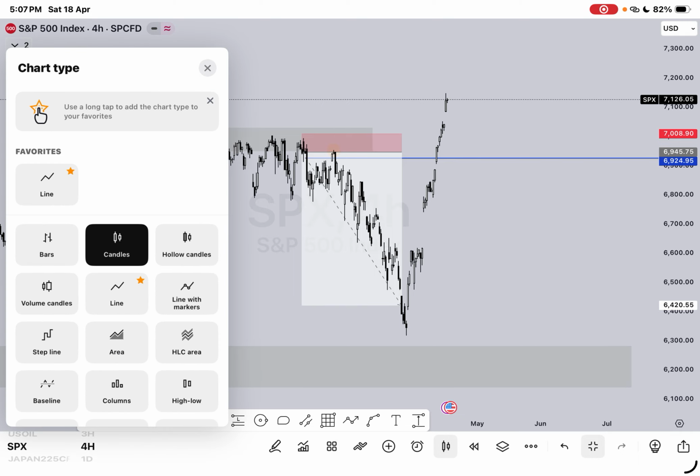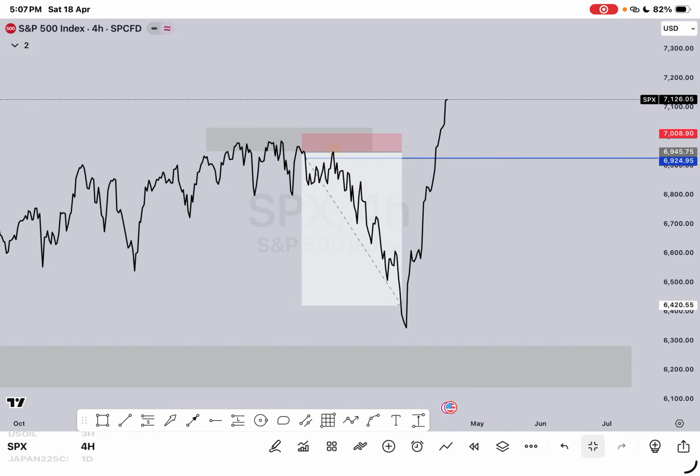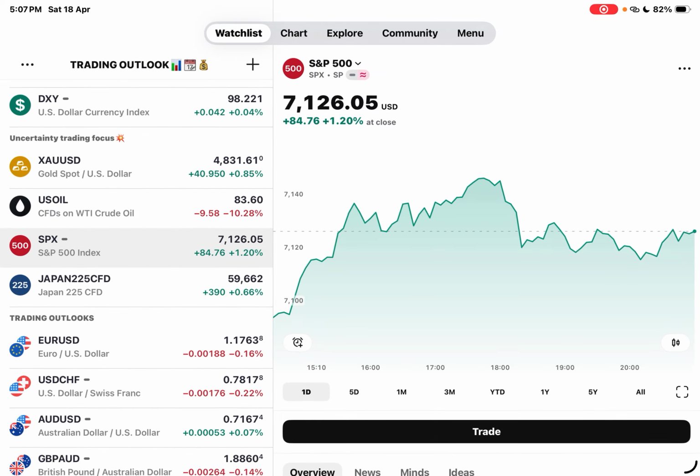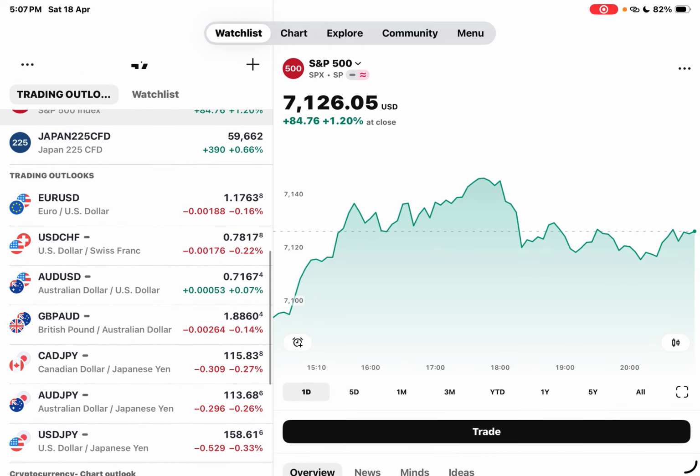So that is simply it for the S&P 500. This is one of the best stocks to actually focus on. Look for it in your broker. If your broker allows you to trade it, then go with it. Another one is the Japan 225. Now this is